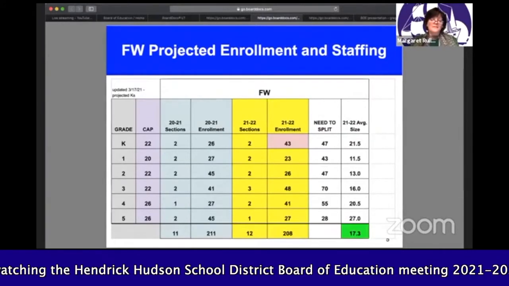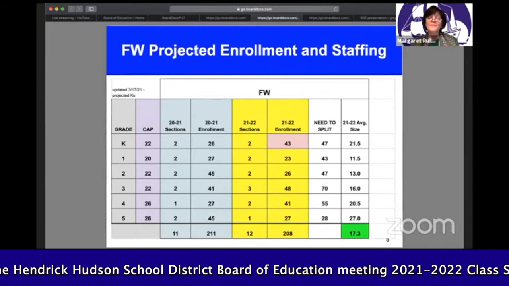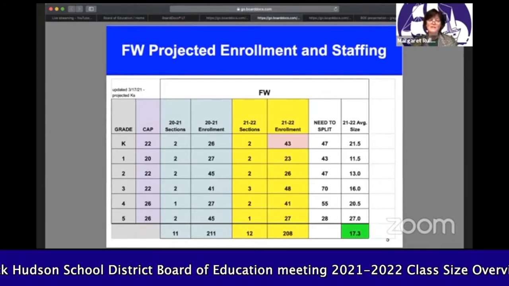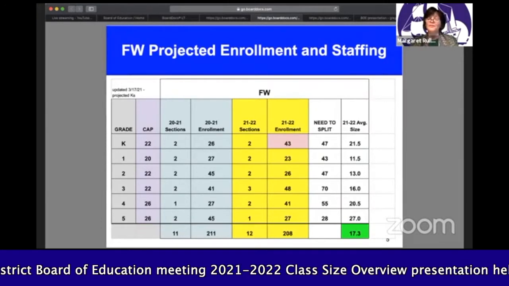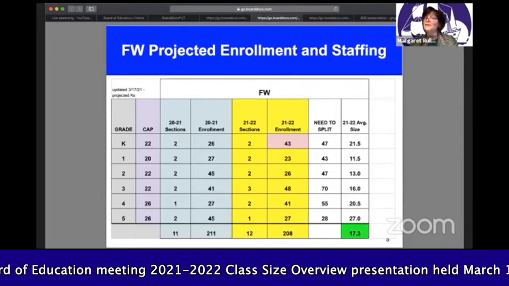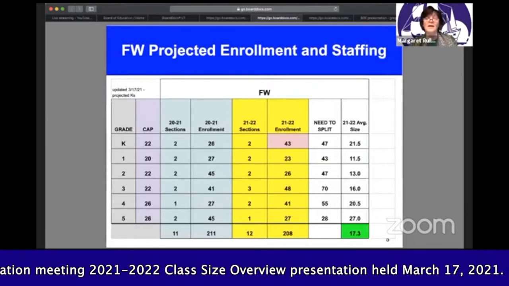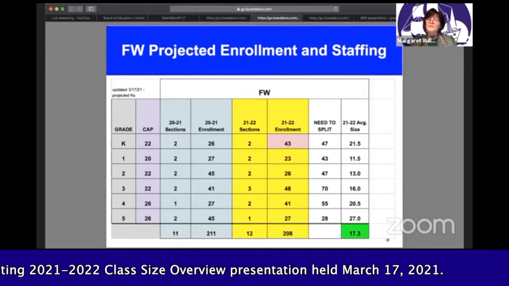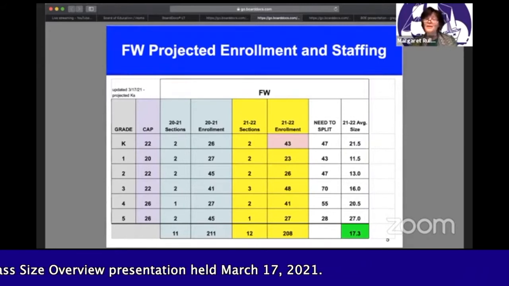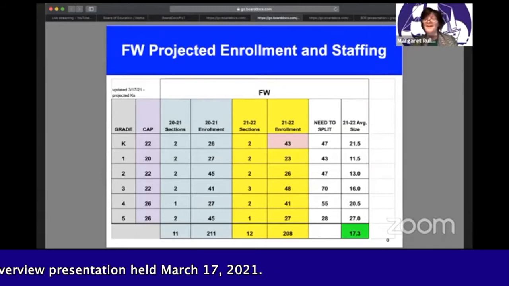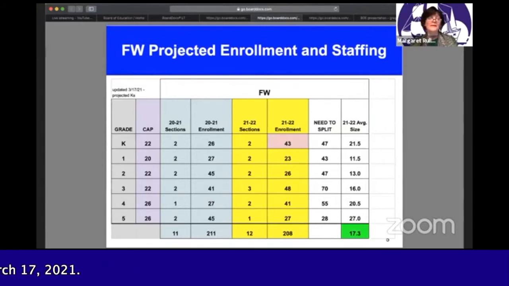Again, same layout, same pink projections. If you look at the bottom, they go up a section and their class size drops slightly. Right now, they have a projected enrollment of 43 in their kindergarten, which is fairly large for their past few years in K. If you look all the way on the right, you can see their average class sizes. I'm sure everybody looking at this is looking at grade 5 and saying, oh my, we left that at one section because that is the cap. And we need to have a little time expire before we have any conversation about that.